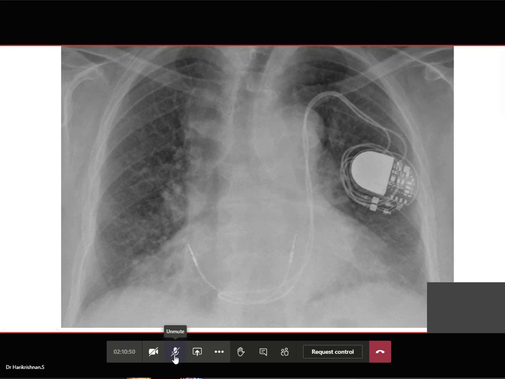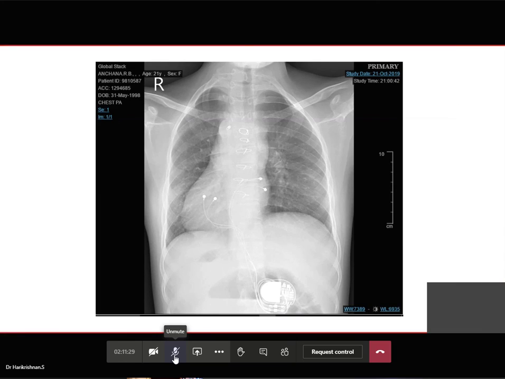What is Reel syndrome and what is Twiddler syndrome? What is the difference? Who answered Twiddler? Yes, sir. What is Reel syndrome? No idea, sir. Very similar to Twiddler. In Twiddler, the patient rotates the pacemaker in the plane of his body. In Reel syndrome, he takes it perpendicular to the body and rotates it. Okay, sir.